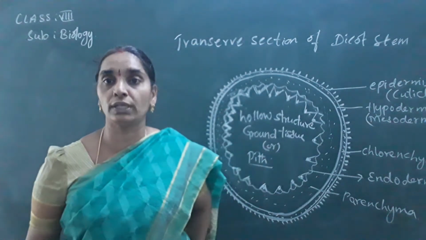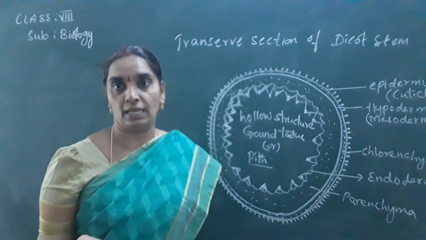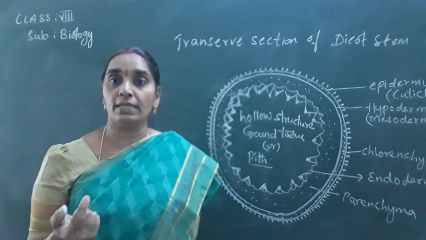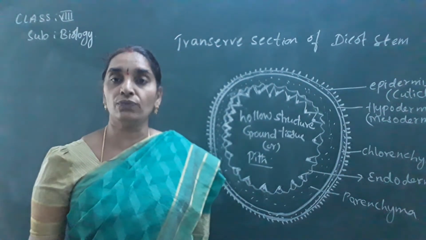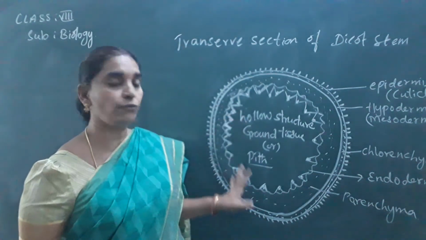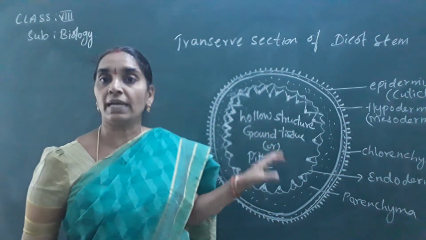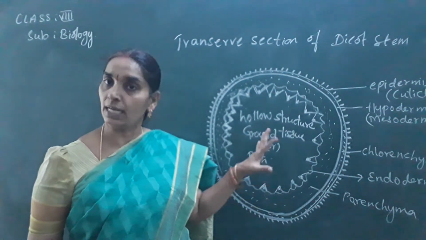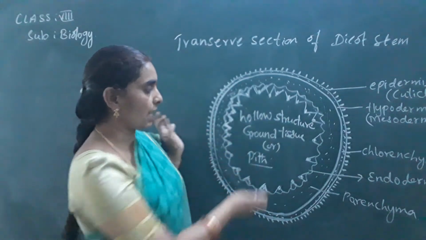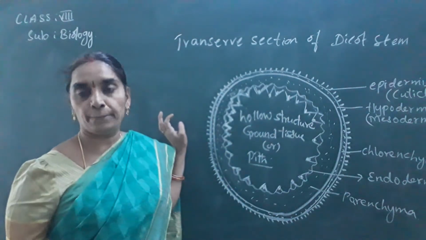They conduct the water through the stem itself. As you well know, the stem conducts water that is absorbed by the roots to various parts of the plant. So these are the xylem and phloem vessels, which are involved in the conduction of water and food for the plant in turn. Okay, so this is the ground tissue inside.